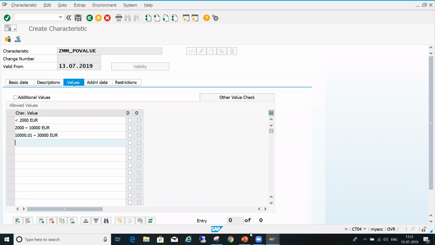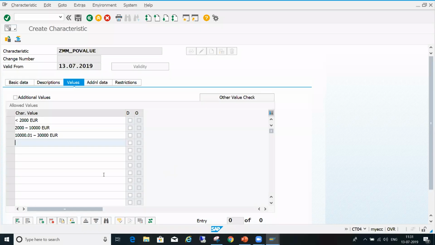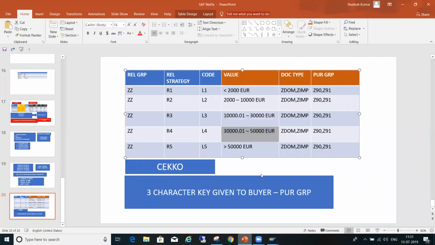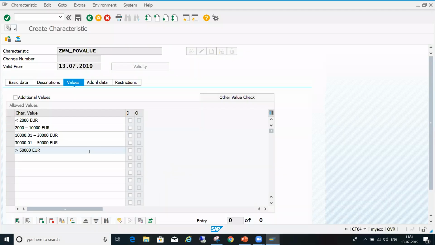Then 30,000 to 50,000. Finally, greater than 50,000. So you entered the values in additional.